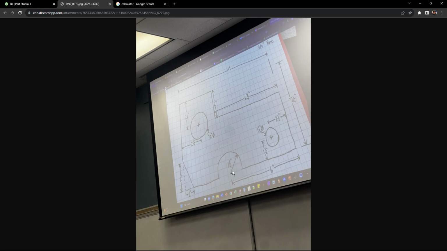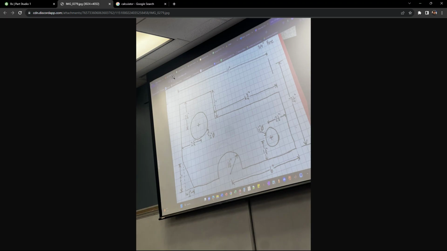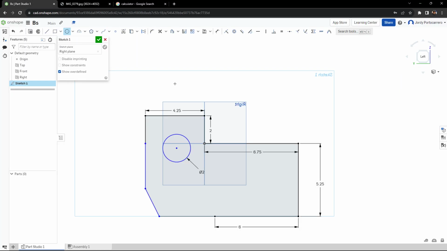Me personally, I want to start with this one because this one's pretty simple. It says the distance from this center point and this wall back down here is 6 inches. Now we do what we did last time. Go to this corner, dimension it, and then 6 inches. So now we have the center point for this circle. Now, circle tool,